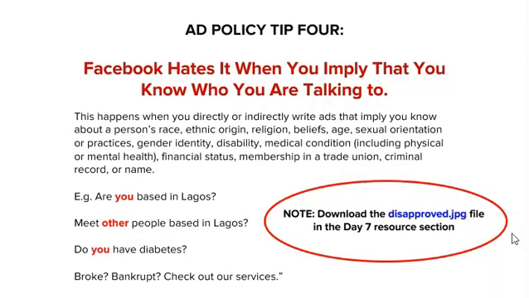Now that you have been introduced to Facebook advertising, let's move on to the next video, which is about how you can set up your Facebook account from scratch in such a way that the Facebook machine sees your account as a Facebook-friendly advert account. People usually like to skip this part of the training, and it lands them in hot soup later on. I'm going to suggest that you don't miss it. At this point, you will now continue with day 7, video 2.